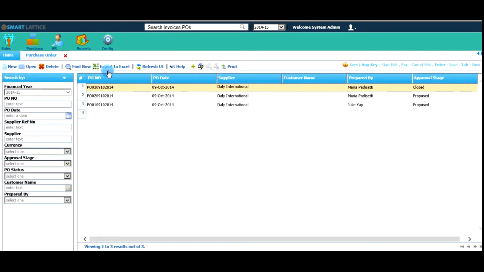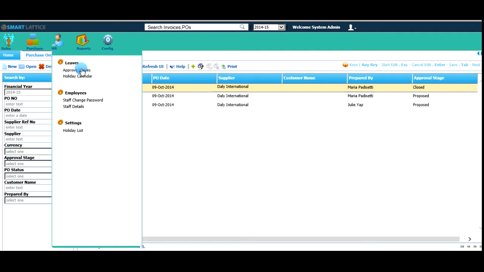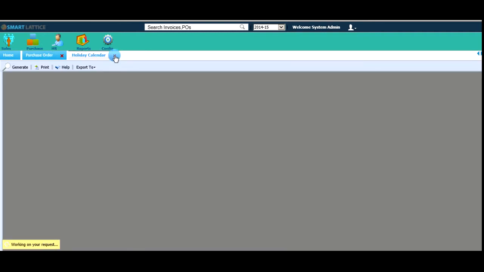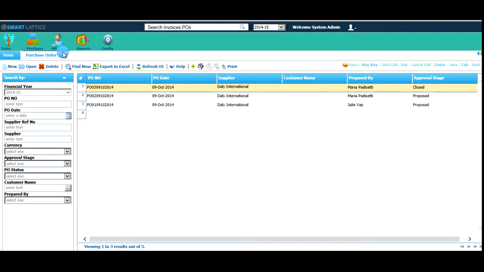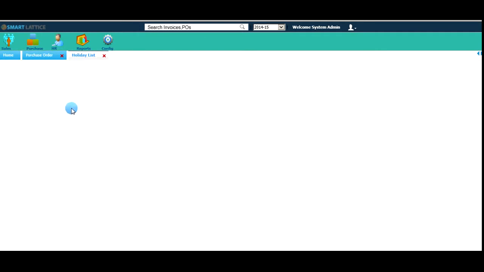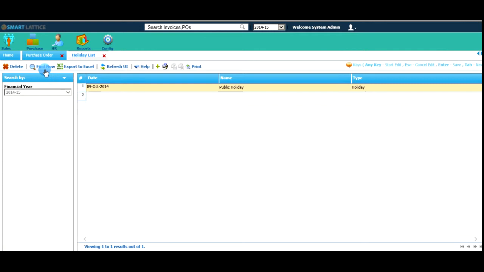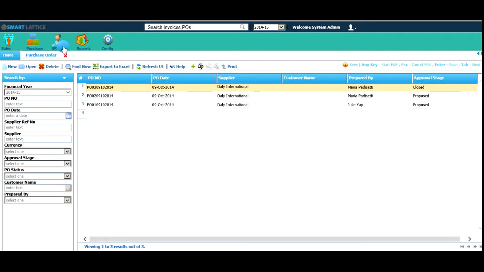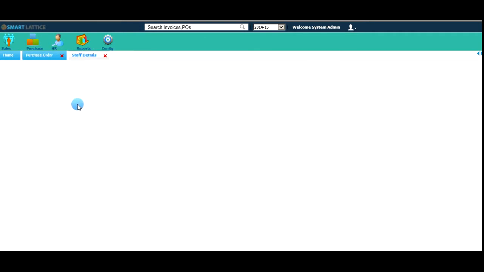and coming to HR, you have holiday calendar. This can be populated using the holiday list. Then staff details.